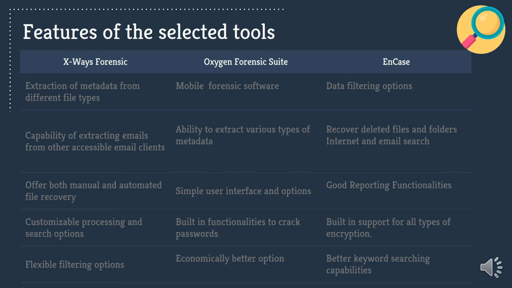X-Ray Forensic and EnCase both provide all these facilities, including keyword search capability and deleted file recovery, within less time and effort. Moreover, they are user-friendly and provide extensive searching capabilities. More than one tool is selected for analyzing this, as the accuracy of the evidence is the utmost important factor in the case. In the process of analyzing her mobile phone, Oxygen Forensic Suite is best suited, as it enables recovery of the deleted text messages from the suspect's mobile phone and of other hidden relations between the contacts.